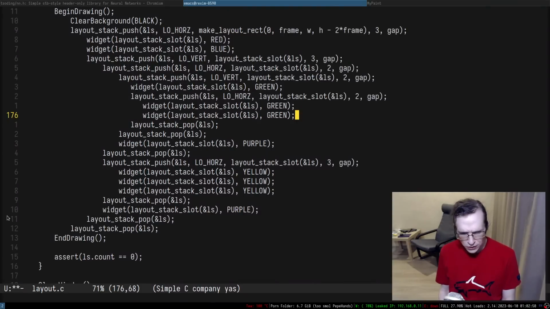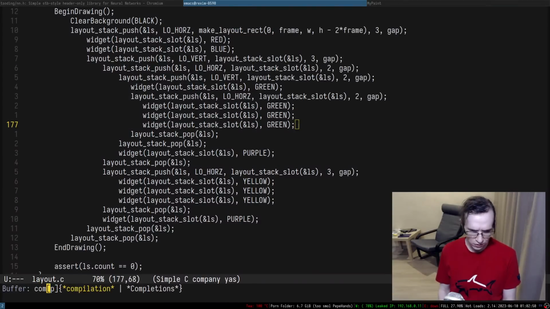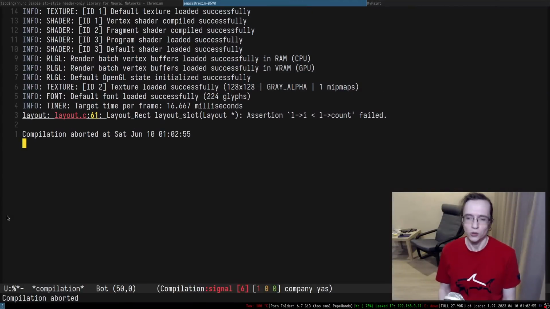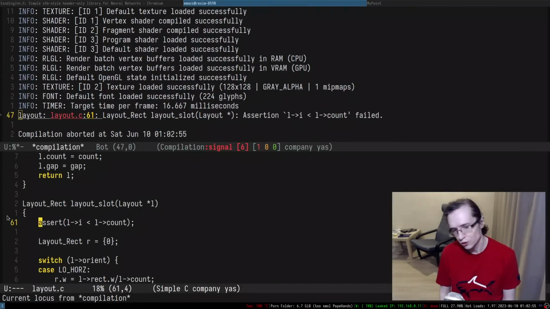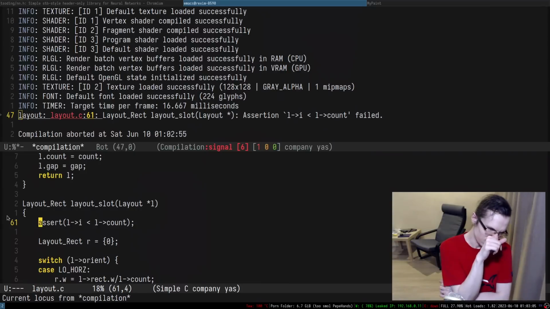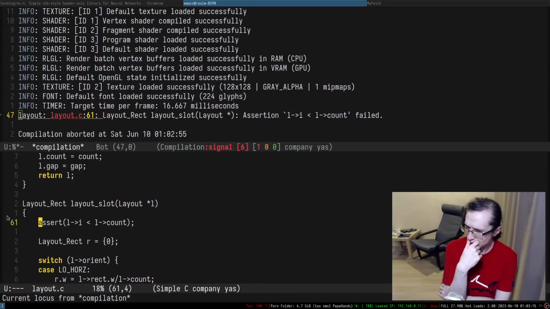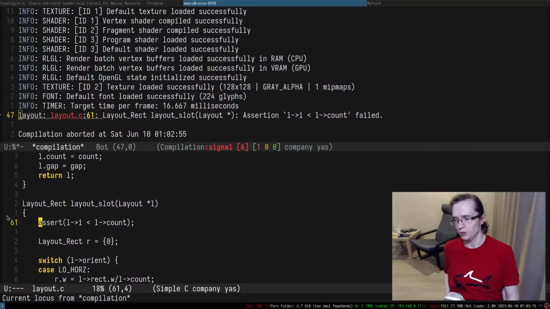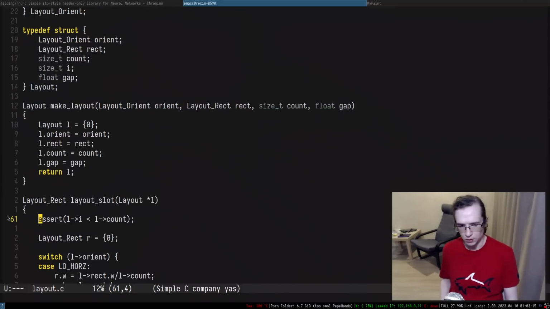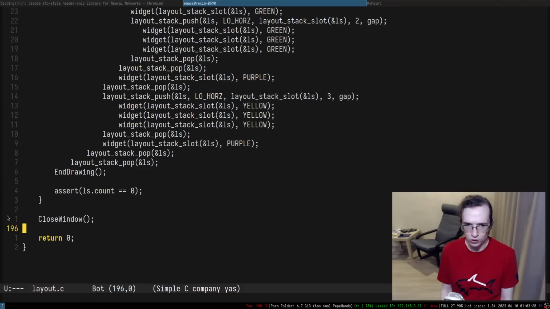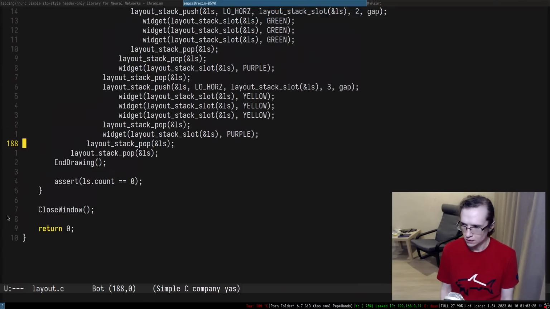Anyways, what if you provide more elements than you declared? I suppose it's gonna just crash with assertion. Yeah, it just crashes with assertion because you're trying to push more elements than you declared, and it's sort of like a safeguard. But that's the problem, actually. You don't really know where this happened, right? This is a huge usability problem, chat. Imagine that you have this monstrosity, right?